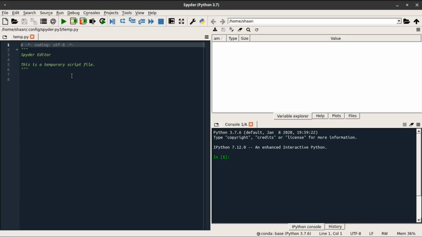Your Spyder IDE also consists of Spyder Editor to the left side of the window, and here we will write our Python program. To the right side we can see Variable Explorer pane, which is at the top, and below it is the IPython console, where you can see your output. Now you can use interactive as well as script mode while coding. The benefit of using interactive mode is that you can test your code before actually implementing it. For now we will focus our attention on the interactive mode.